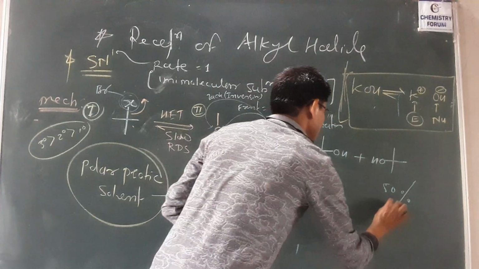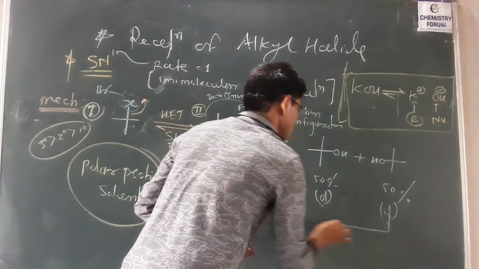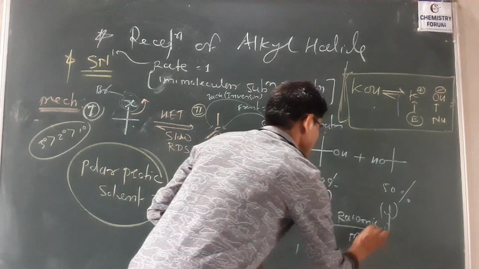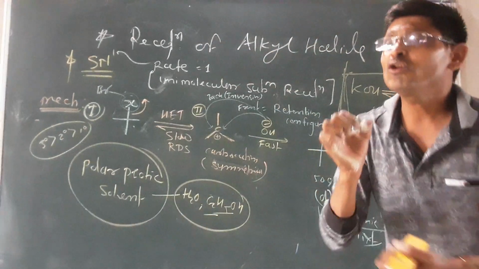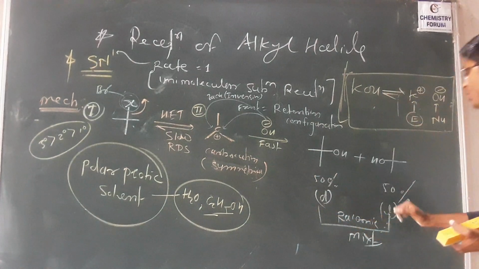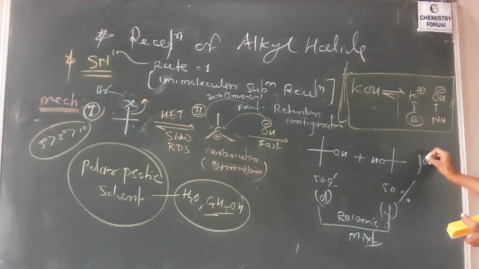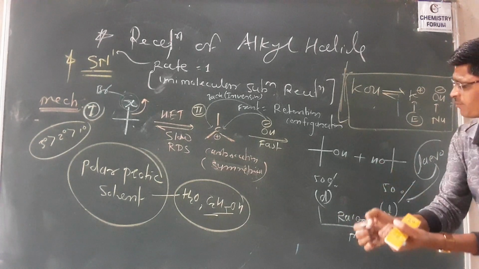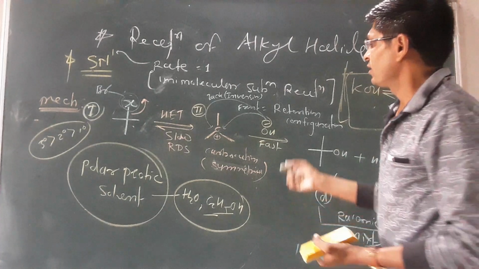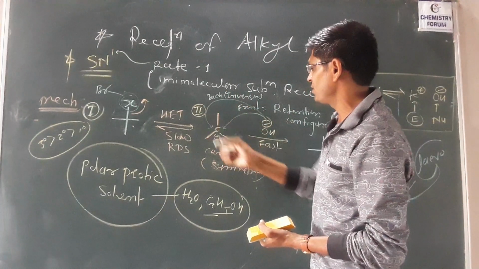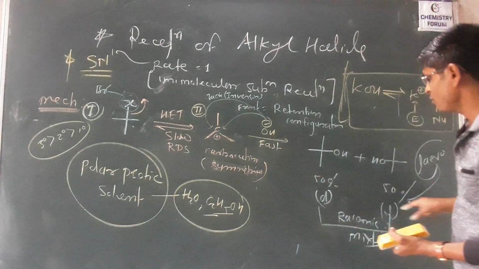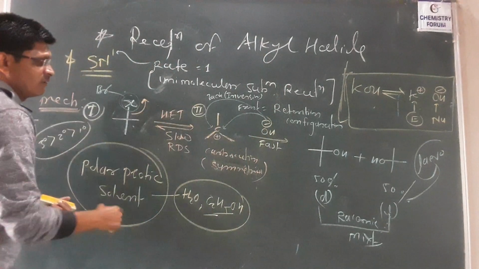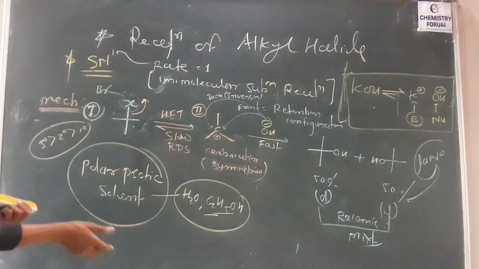So what happened? This dextro and this one levo is formed. Okay. So this is the racemic mixture. So what is the racemic mixture? An equimolar mixture of dextro and levo. So that is nothing but racemic mixture. Why is it formed? The retention 50% and inversion 50% of nucleophilic attack. This is the formation of the racemization. So here this is a dextro-levo formation, racemization is there.